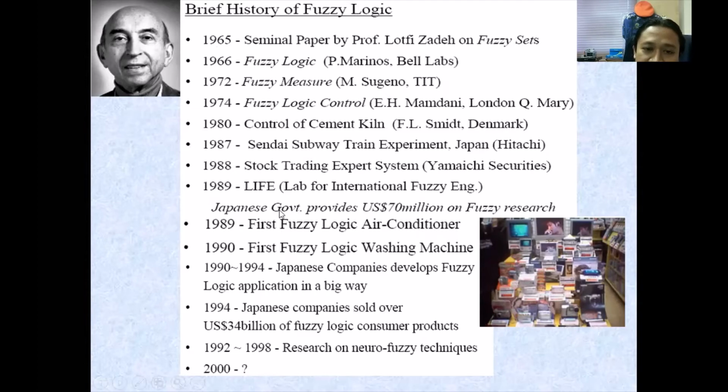So why did it happen? One of the reasons is that at this time the European guys believed in digital, that means 0, 1, yes or no. They didn't believe in fuzzy. So that's why fuzzy logic did not increase in Europe. Japan took advantage of fuzzy logic to develop fuzzy applications in a big way. That's why you can see a lot of consumer products from Japan use fuzzy logic.